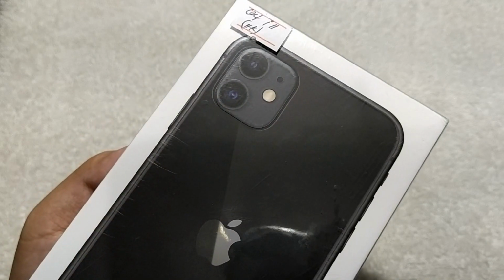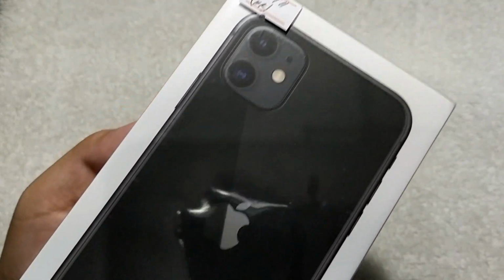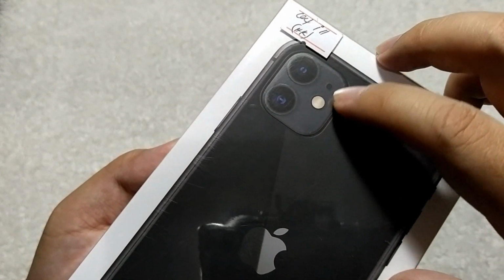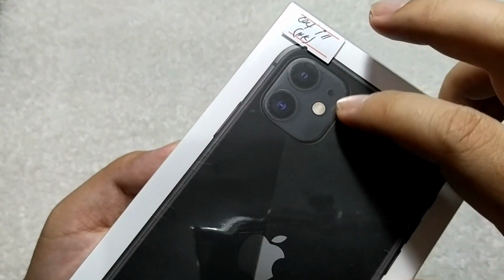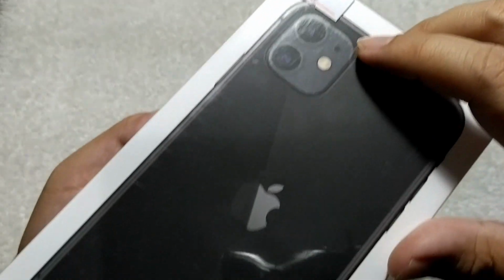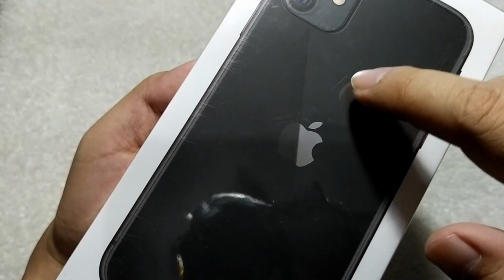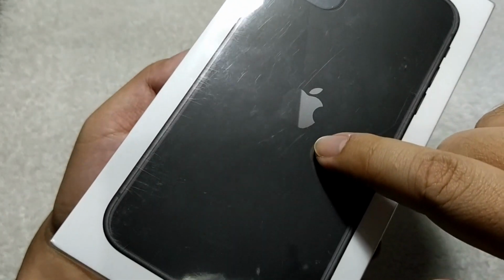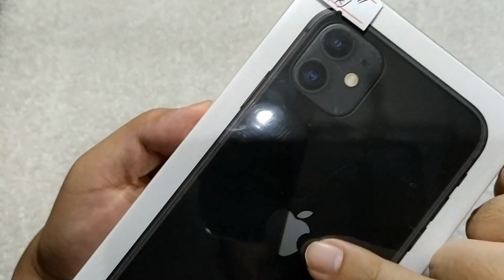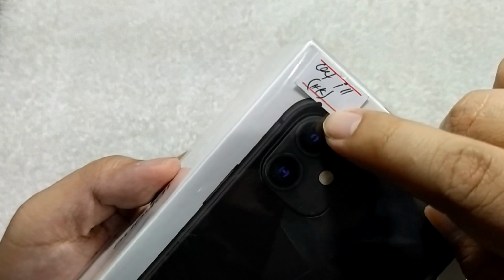So as you can see here, ito na mismo yung box niya. So ayan yung front cover ng box. So mapapansin nyo, ito na yung new camera design dun sa likod ng iPhone 11. So ayan siya. So nasa gitna na rin yung Apple logo. Dati kasi medyo nasa taas. So ayan siya, nasa gitna na. O nasa middle na yung Apple logo. So bali meron pa siyang sticker dito, HK or Hong Kong,